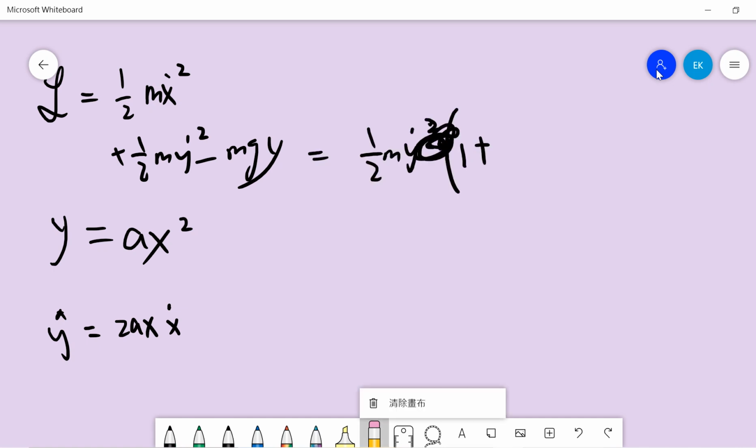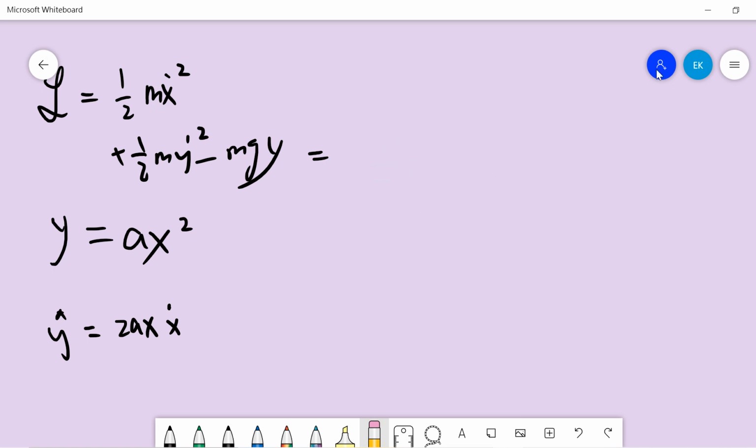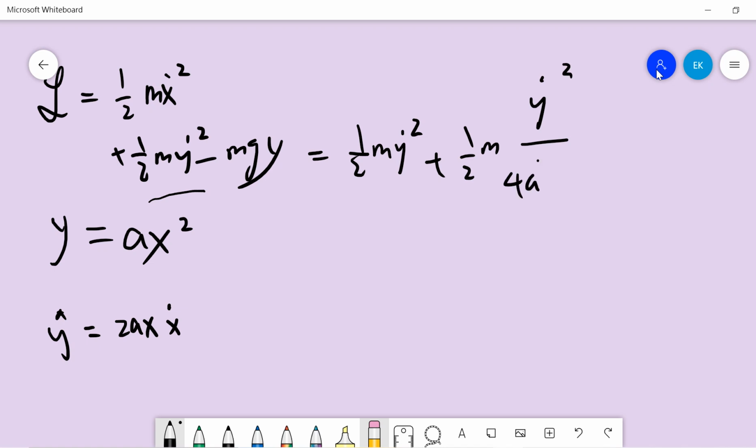Let me do a step by step calculation. So I can read this term as the same, plus x dot, can be written as y dot squared over 4 a x squared, minus m g y. And this a x squared is y, so x squared is y over a. So we have